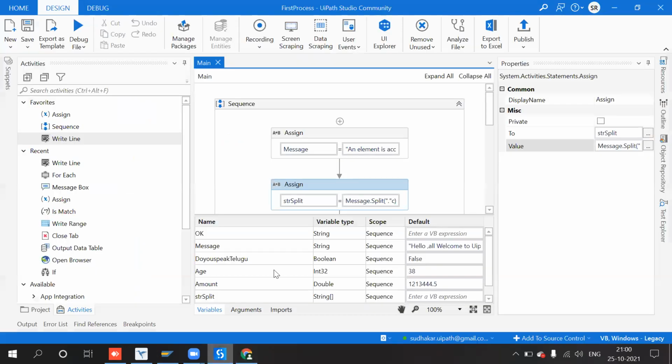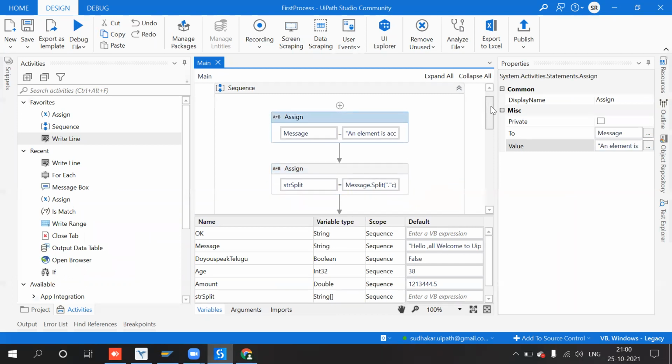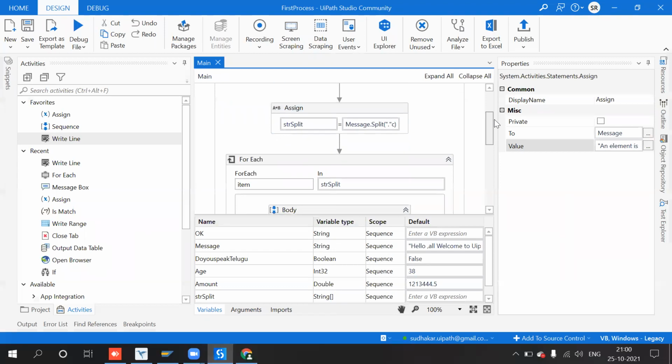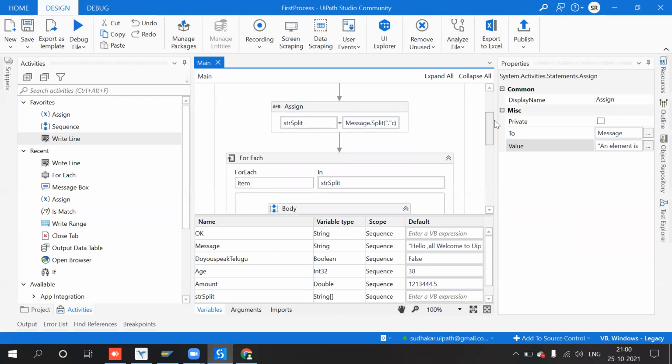Okay, so this is all about the split function. Based on the type of variable, we have to use it accordingly. The split function we use in order to retrieve or traverse data from the array.